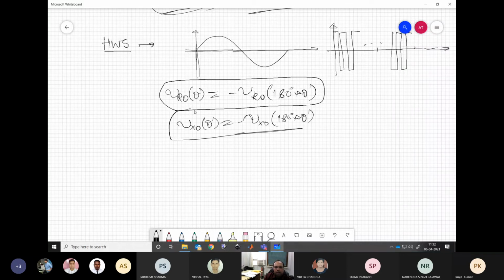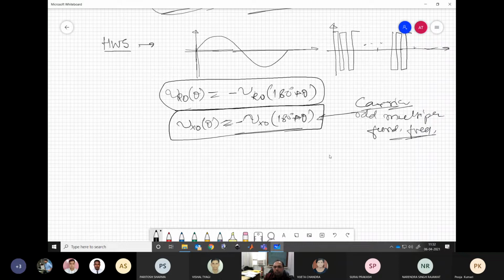Is this clear? Yes, sir. Now, when we have carrier-based PWM, then what we said is, if the carrier frequency is an odd multiple of the fundamental frequency, then we automatically maintain this for carrier-based PWM. For low switching frequency PWM, where we were having alpha 1, alpha 2 and all those switching angles, we ensured this, isn't it? Yes, sir. Clear, no? Any confusion in here?